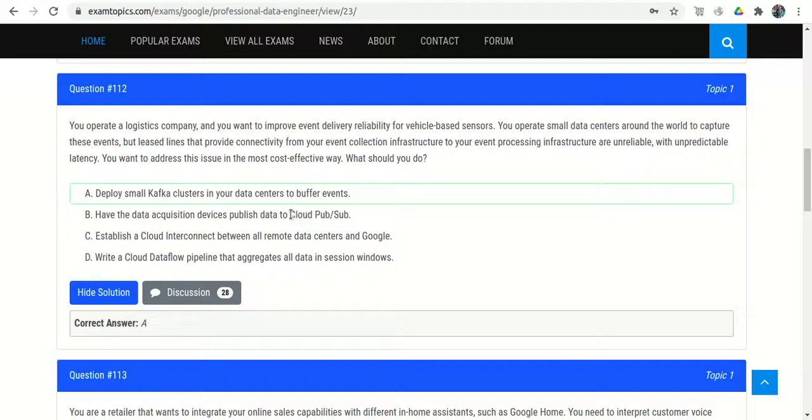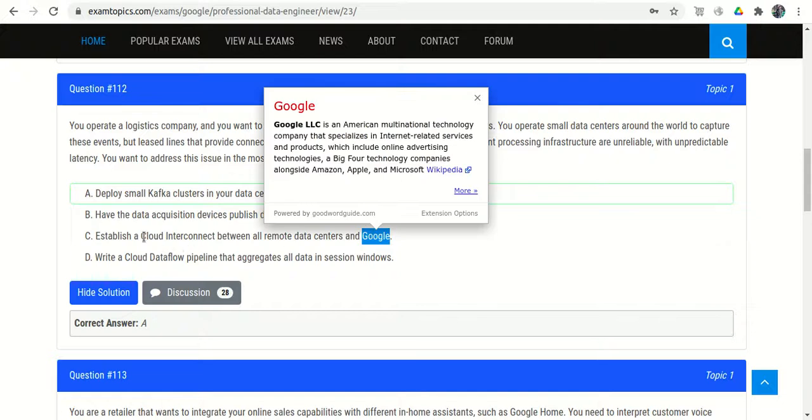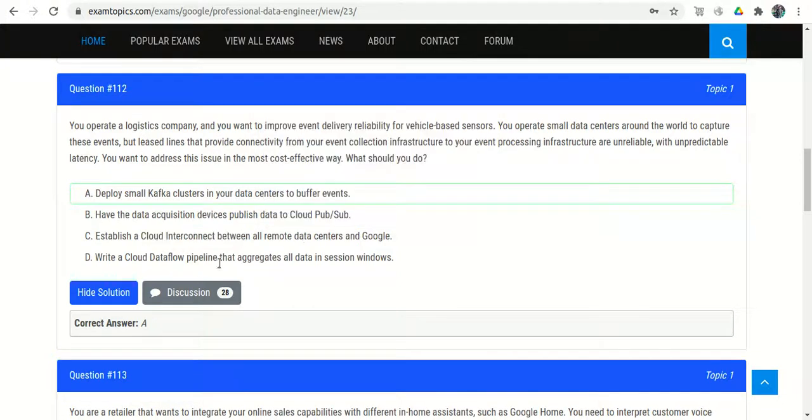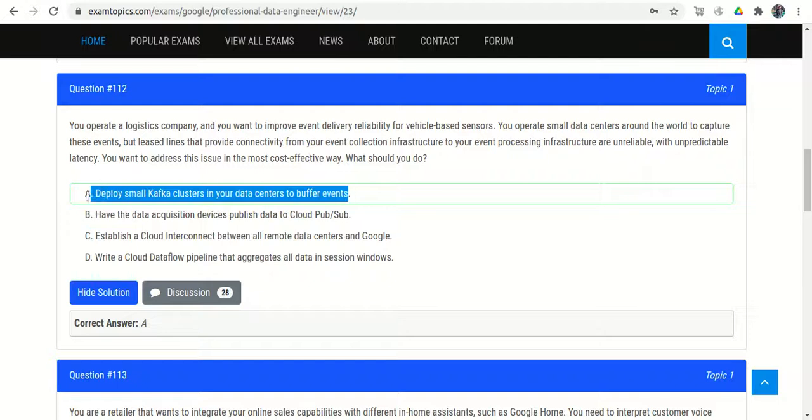There should not be any connection with Google Cloud. But I am not sure, because this website says option A, while 50% of the people say option C, 50% say option B, and 1 or 2% say option A.